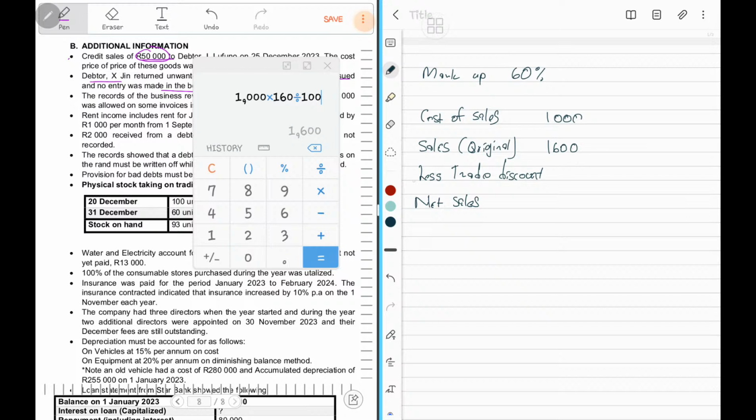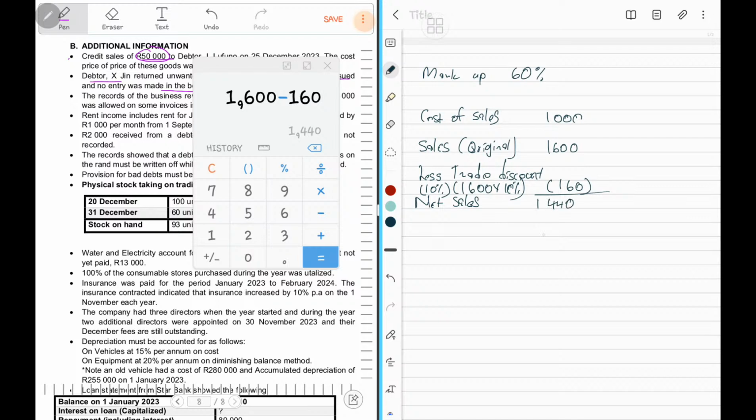Then now we grant our customer a 10% discount, trade discount. Now to find the 10% trade discount, we're going to say 1,600, multiply by 10%, then it gives us 160. Then that will be what? When we take the original sales of 1,600, we subtract the 160, that gives us net sales of